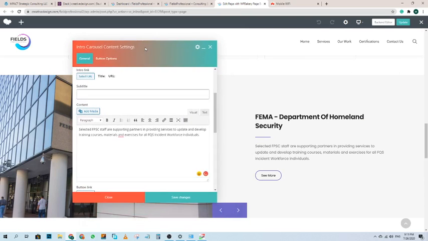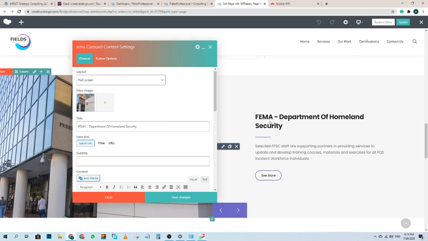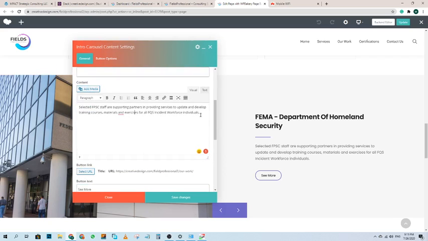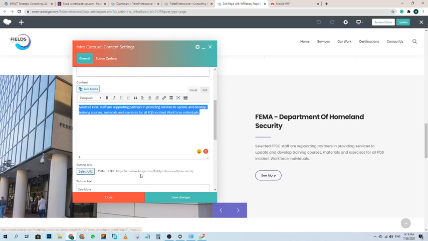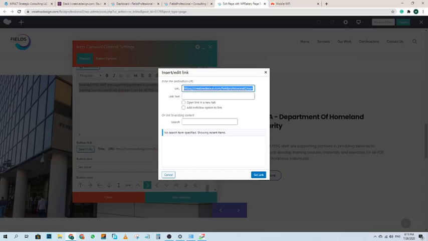You can also move this pop-up window, and you can change the text. And if you want to change the URL of your see more button, you can click here, and if you have a new link, you can paste it here, and after pasting, just click on set link.